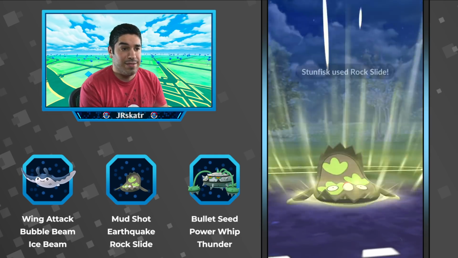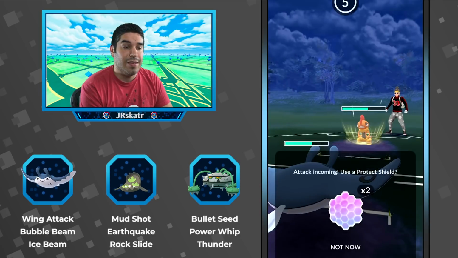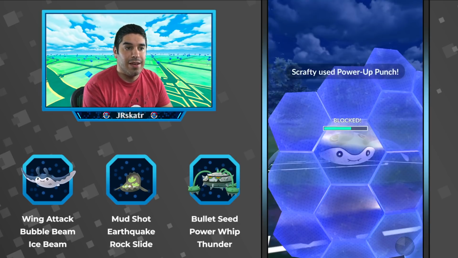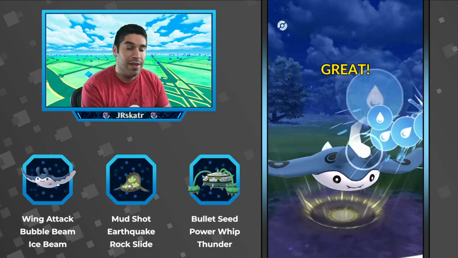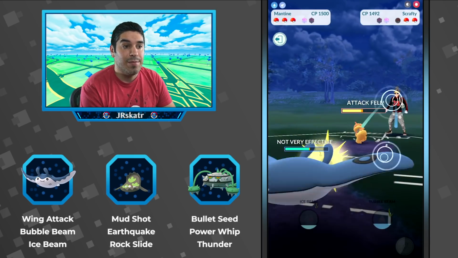And so even with the debuffs, I'm not worried about it. Rock Slide will still KO it. They come back in with their Scrafty, and now I was guessing. I misguessed. I thought it was going to be a Foul Play. So that was a good shield bait on their part, but I go for the Bubble Beam, and because we